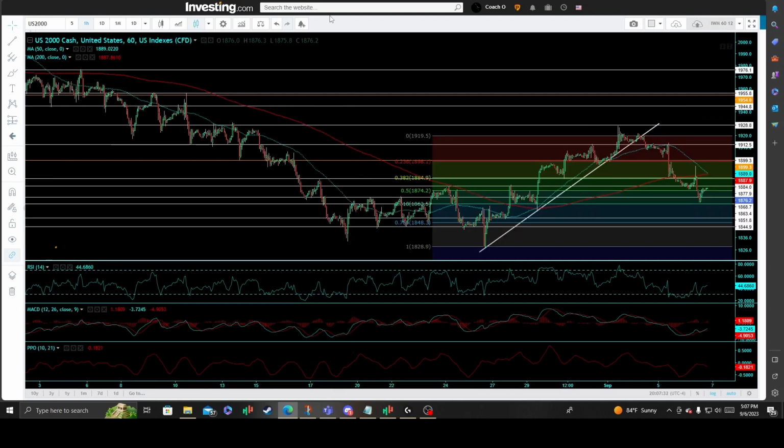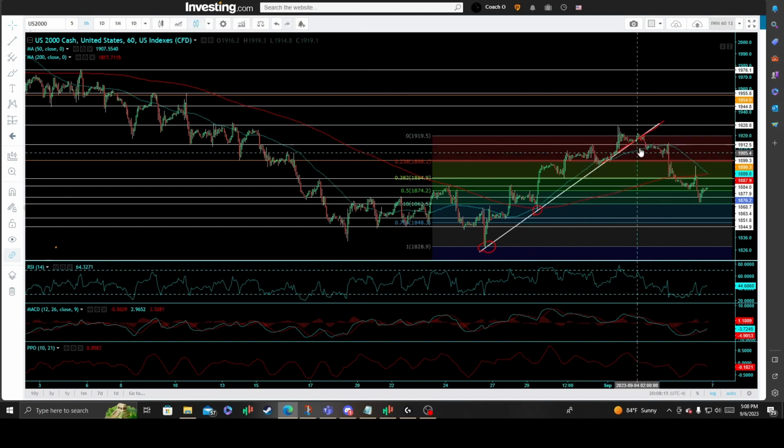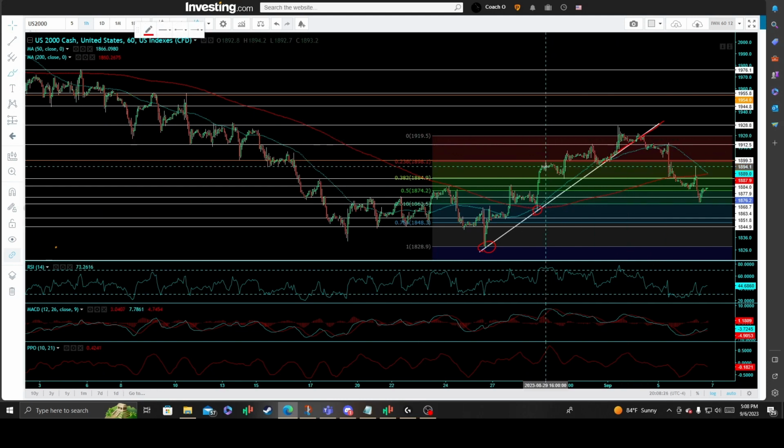Taking you to the US 2000 futures here off the 60-minute interval, and I had explained how imperative this primary reactionary uptrend line was here off the hourly interval to watch for a breakdown sell signal, an hourly candle close breakdown sell signal. And we needed a back test of that key inflection point, offering a great risk-reward short trade setup on a move to the downside, and that was good for a 2.8% drop, just ushering in a wave of selling once we broke that key price support level there.